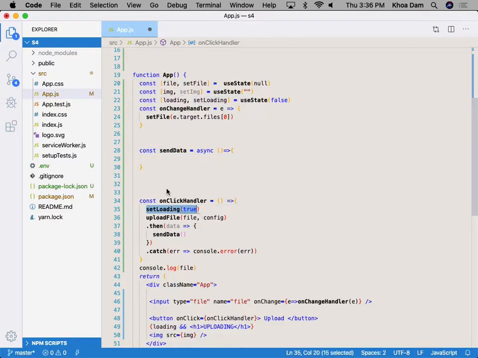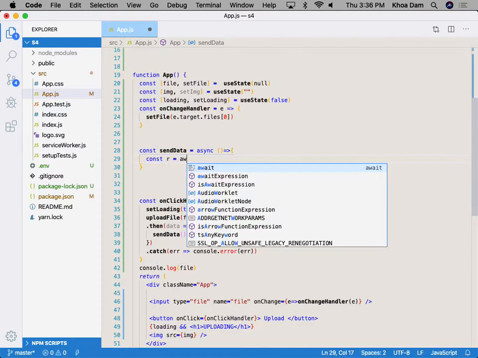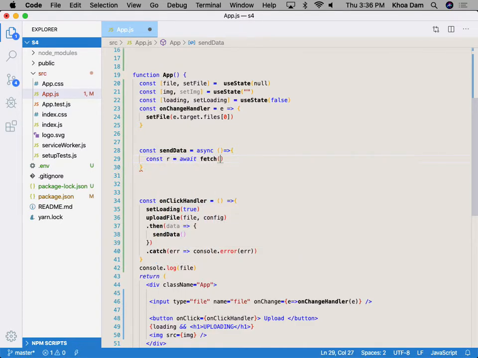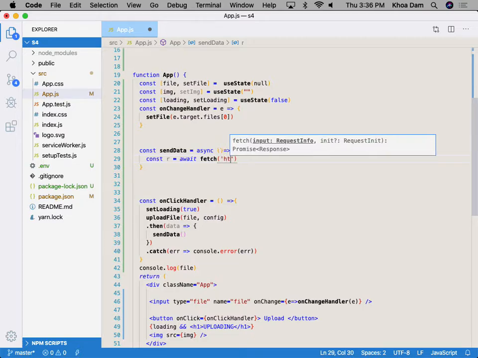It's still uploading. So here we call r equal to response, await fetch, and here's the URL, https localhost 8080, and then